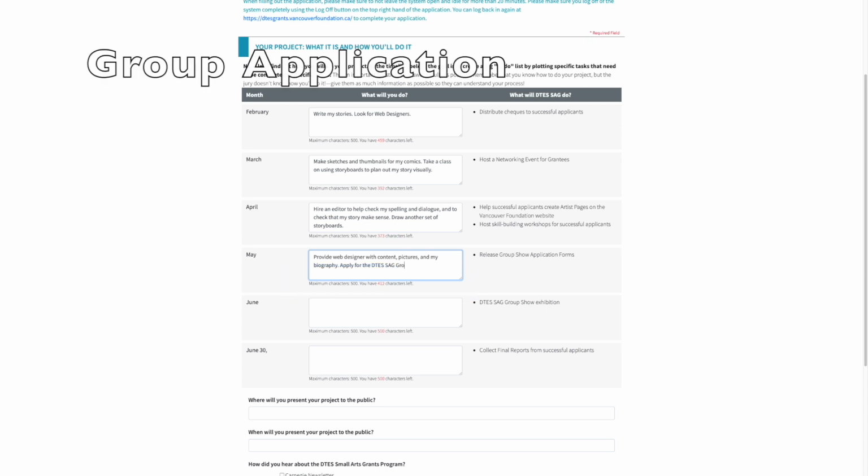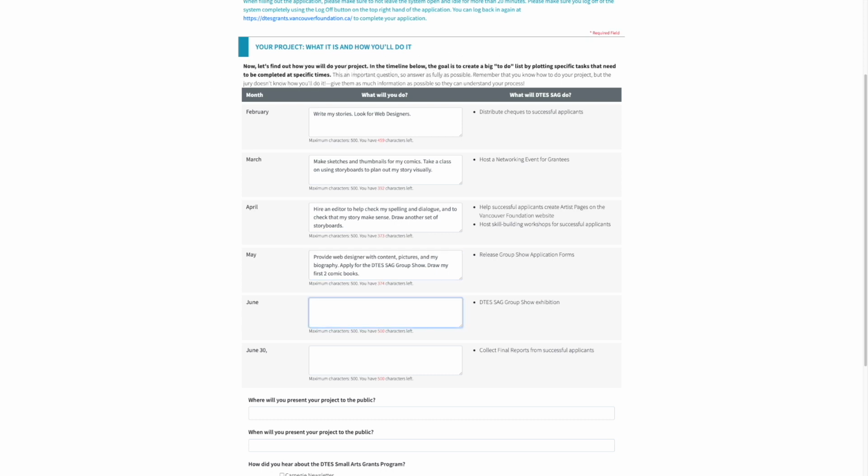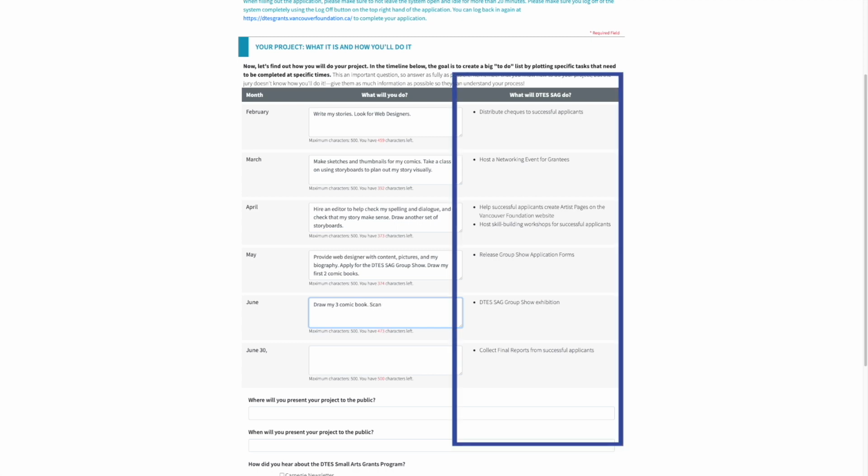Group projects. For group projects, consider who will do what each month to help you set goals for each artist in your group. When will you meet to collaborate, practice, share, or combine your work? In the third column of this table, there is a column labeled, "What will the DTES SAG do?" This column helps you plan and understand what support you will receive from the Downtown Eastside Small Arts Grants while